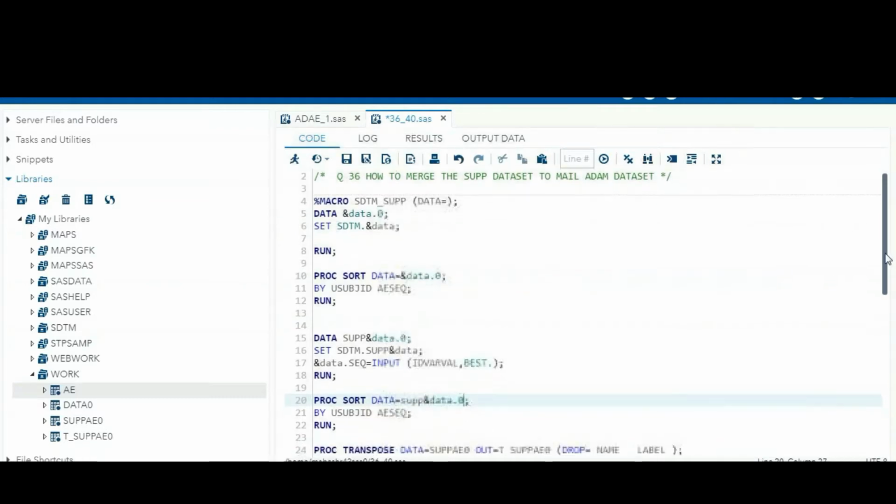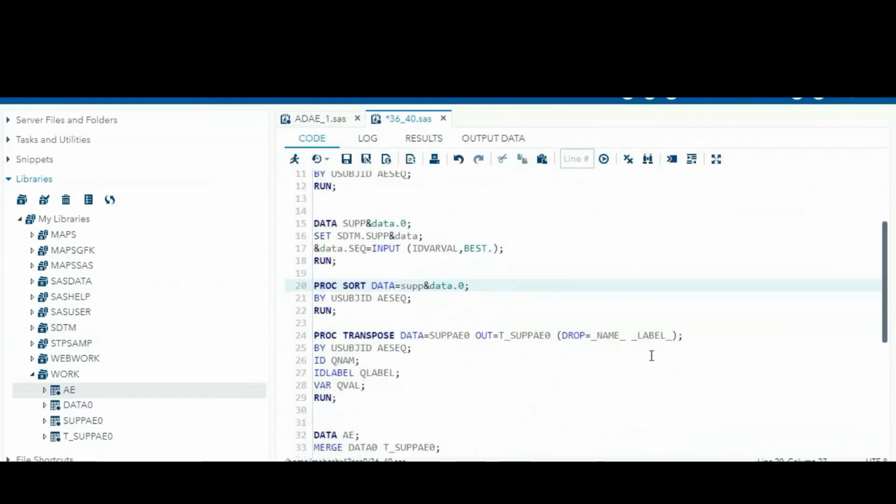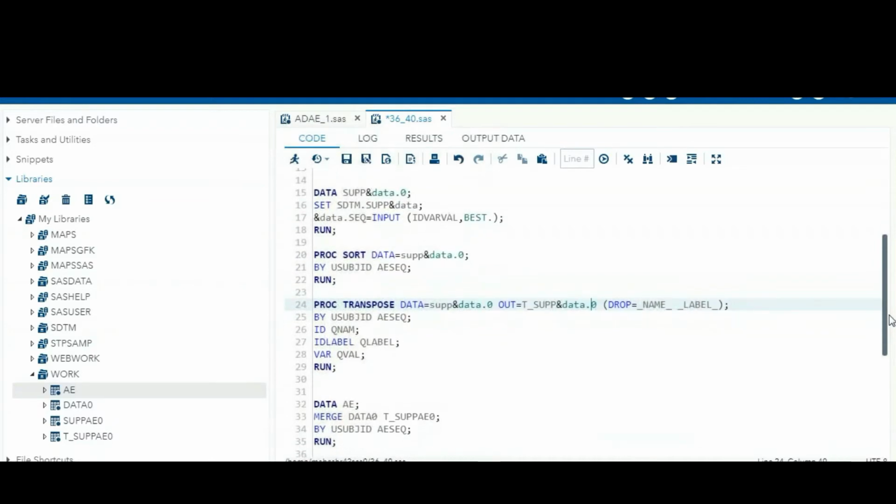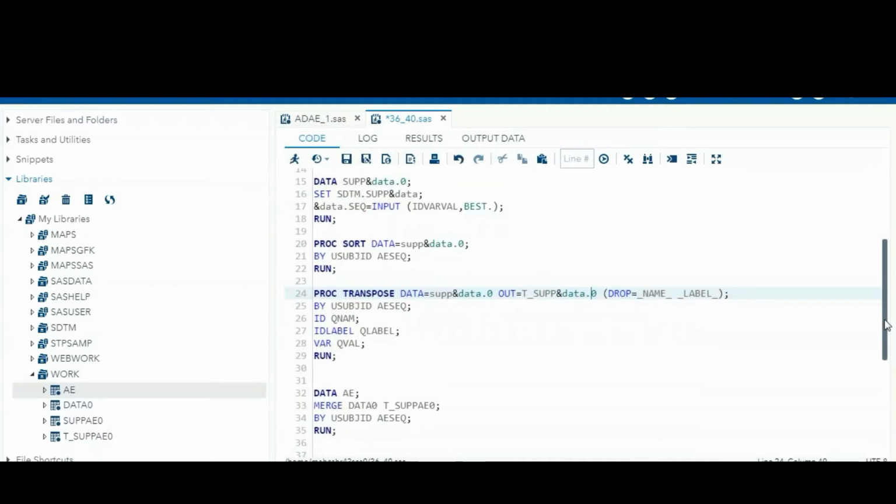Next is transposing the data, the same dataset. So copy it, paste it here and here. Instead of this, ampersand data dot. Whenever the dataset name appears, I am replacing it with the macro variable name, so that whenever we pass any other dataset, it will replace here.